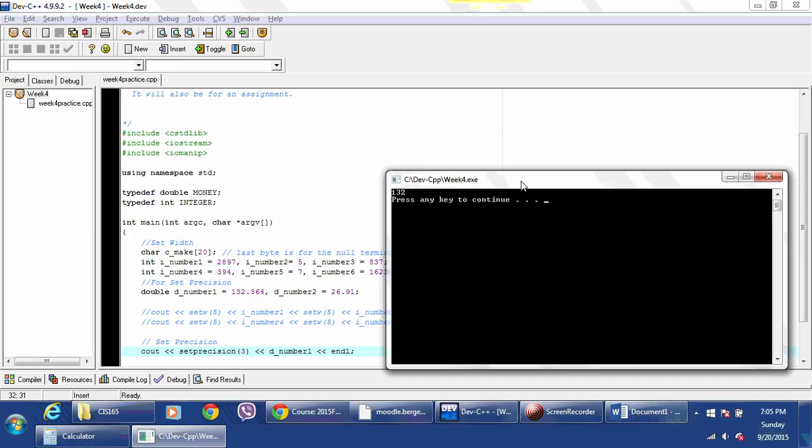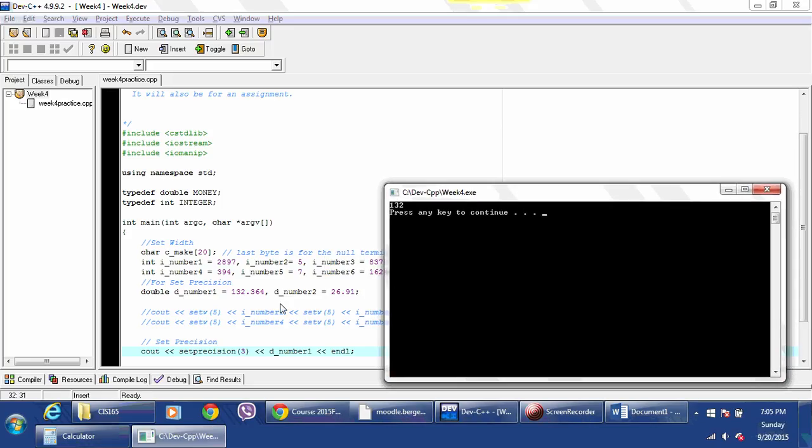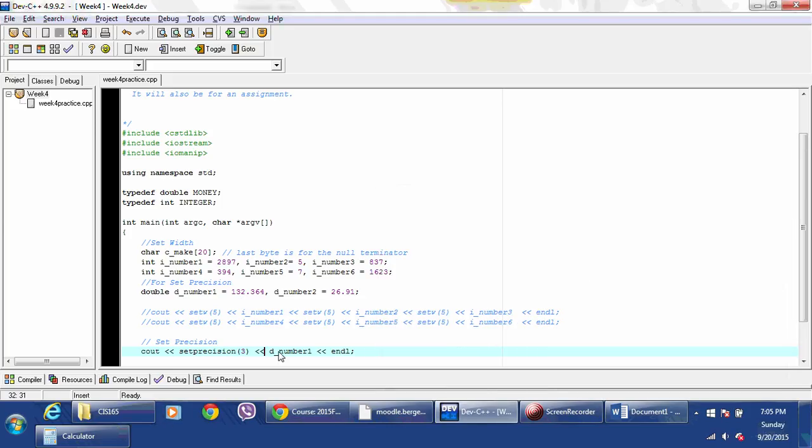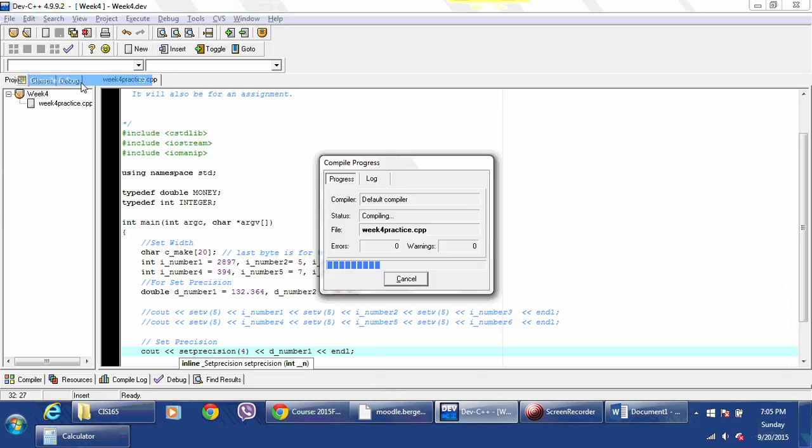Okay, so what happened here is first it looks at what your whole number is. Your whole number is 132. I've set my precision to use 3, so it starts with the whole number. It says, okay, I'm going to count the number of characters in my whole number. So there's 3, so I'm going to cut the rest. So if I did 4, then it would include the 132.3. So if I did that, and then did compile and run,